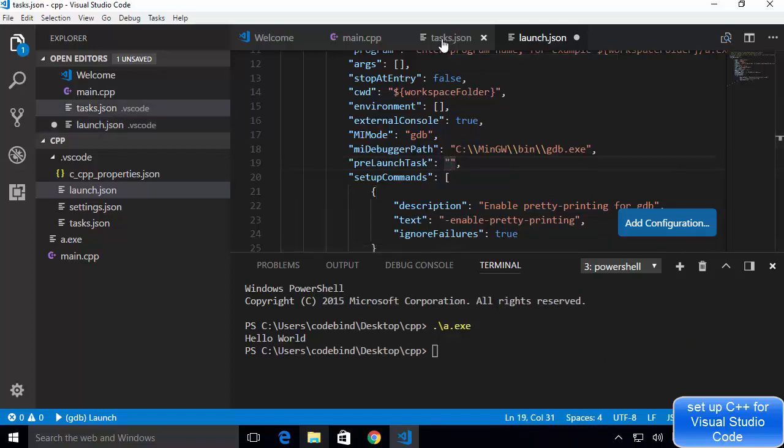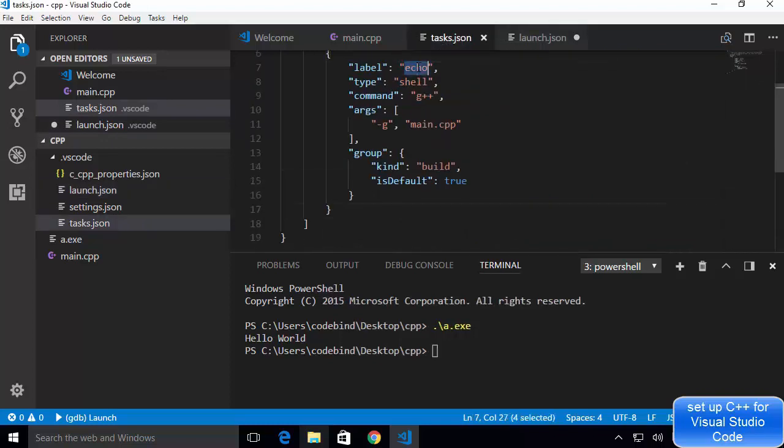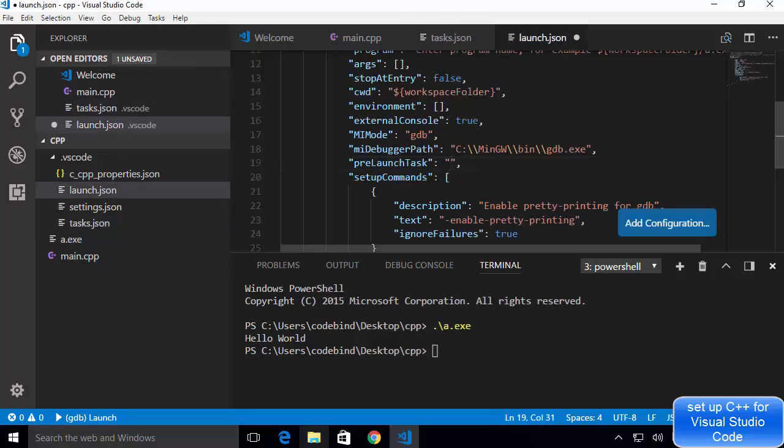Inside the tasks.json, the label of this task is echo. So I'm going to copy this label, whatever label you have defined here, and add it in front of preLaunchTask. Okay, so it's going to run this build task first of all, and then it's going to start the debugging.